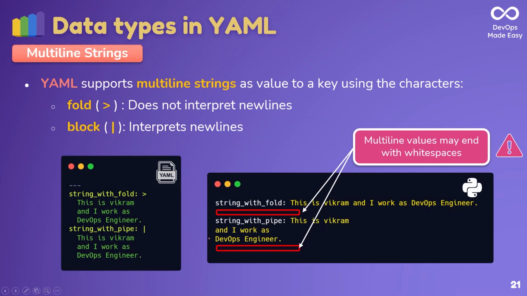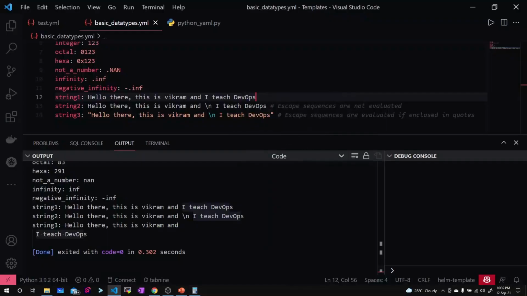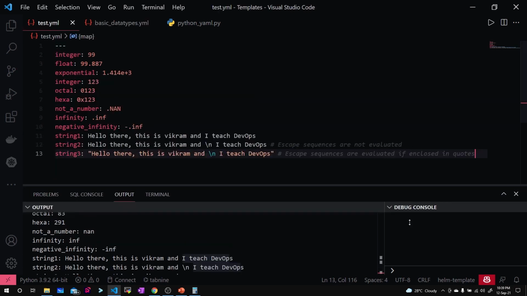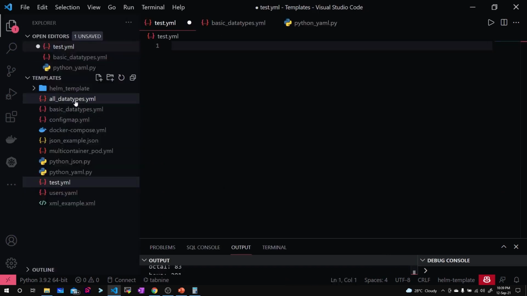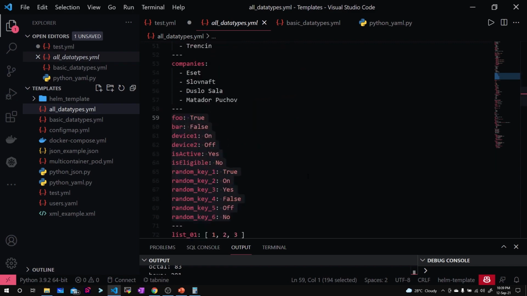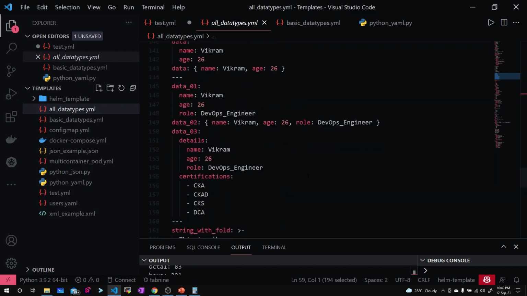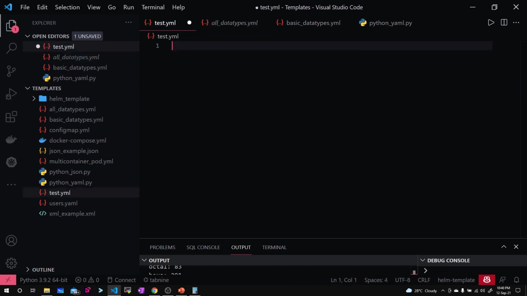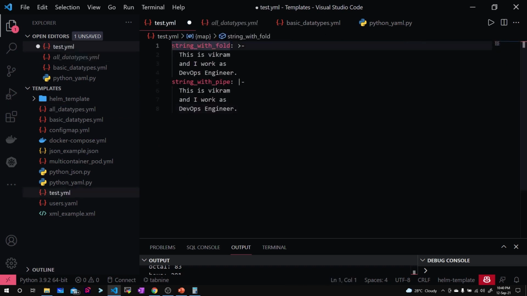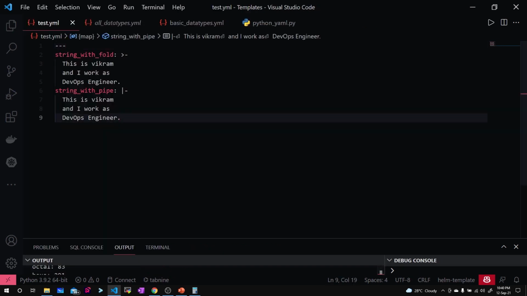We'll just see a brief demo of this and why it is needed in real life. For this, I am just deleting the test.yaml contents, then I'll go to the all data type section, where I have a perfect example for this. I'll take these two, having three hyphens, it is up to you. I have this